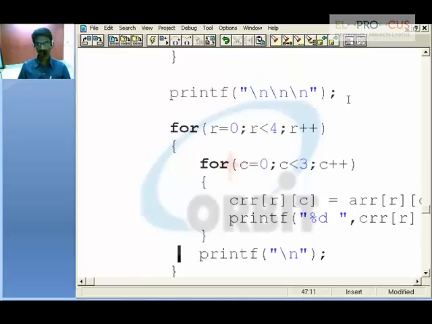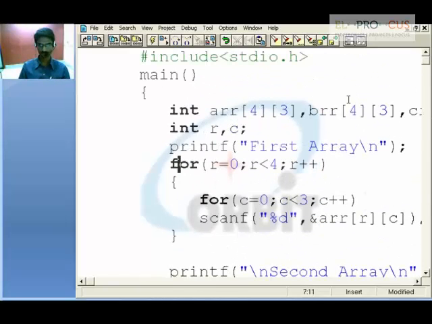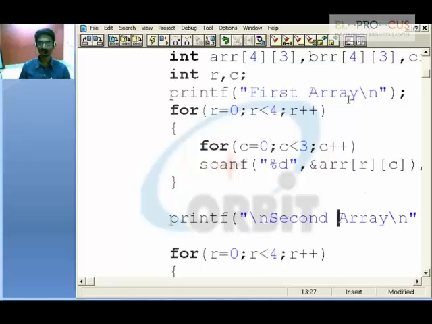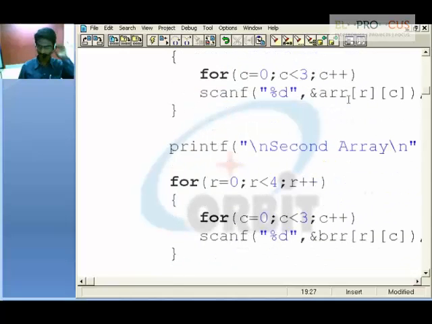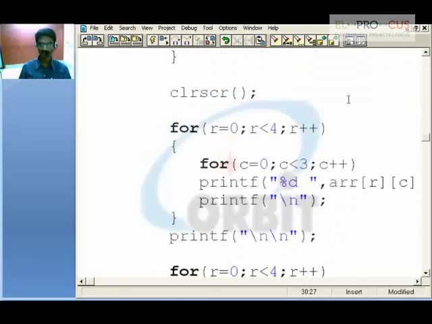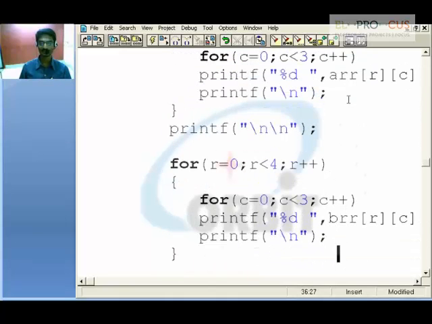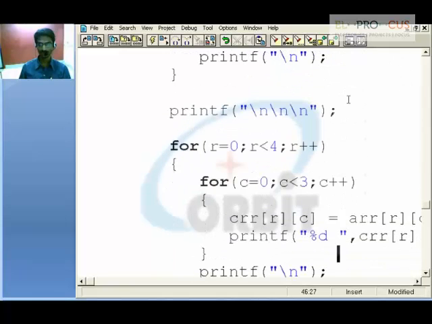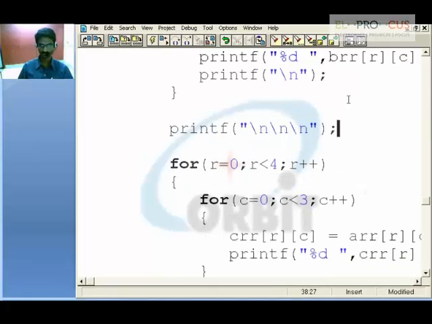So here thing goes is I'll be printing enter first array. For that I'll scan for first arrays. I'll say prompt the user to print second array. I'll scan the second array contents, and I'll clear the previous outputs, and I'll print the first array in matrix format. After that 2 new line characters. I'll go for printing the second array in matrix format, then 3 new line characters, finally printing the addition of both first and second arrays, which I can say addition is in this way.